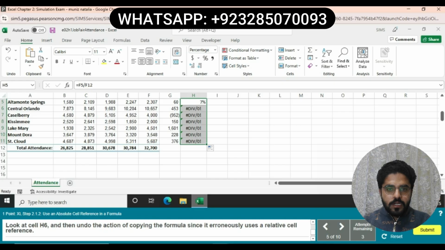You can see that the divided by 0 exception is showing. Now move to the next question. Look at cell H6 and then undo the action of copying the formula, since it erroneously uses relative cell references. This is showing divided by 0